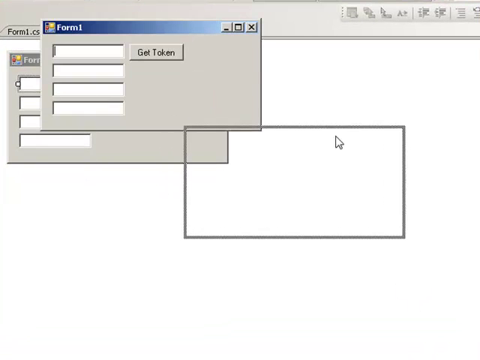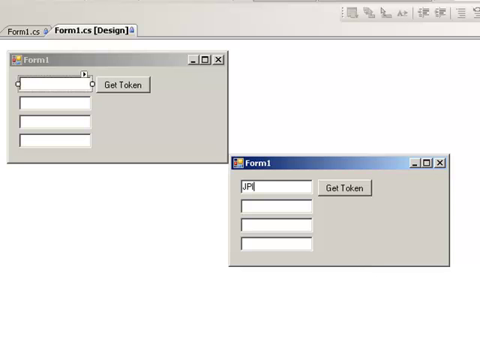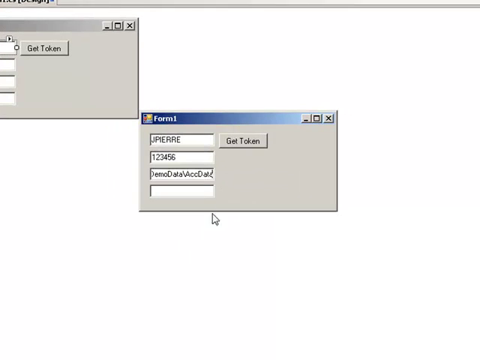It starts. I know there is one called JPierre. Oh, there's a bit of a typing issue. 1, 2, 3, 4, 5, 6. And by the way, the data path is obviously the one you have already registered on the web service. So I'm just going to paste that here, and for me it's going to be version 15 or 2009 in this case. So I'm just going to click get token,